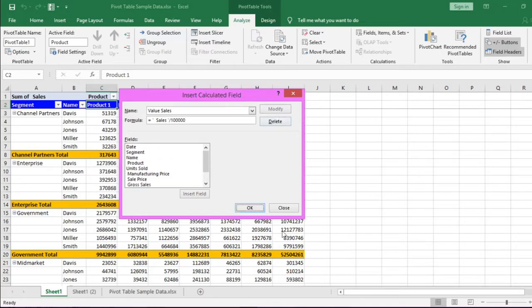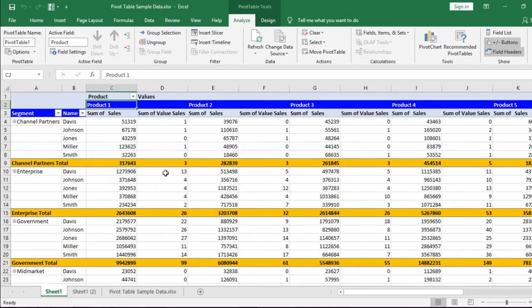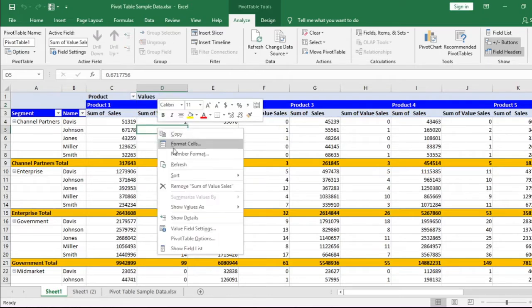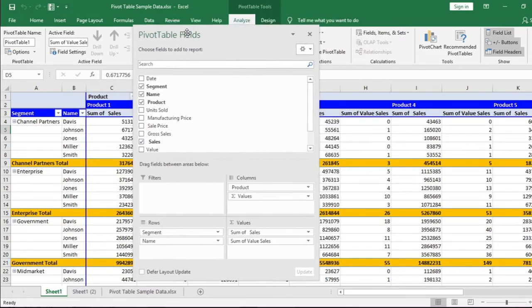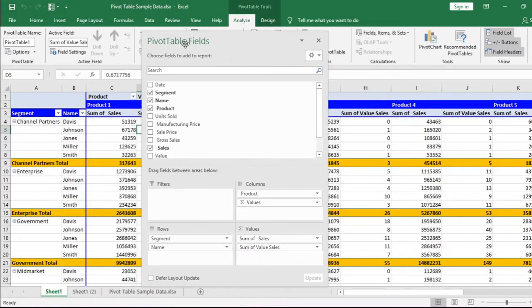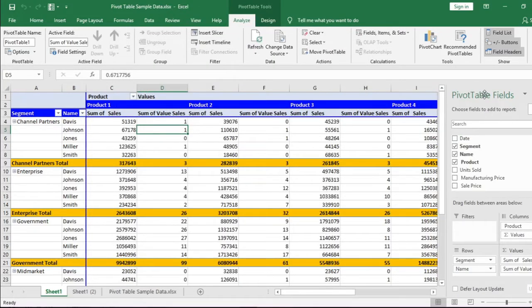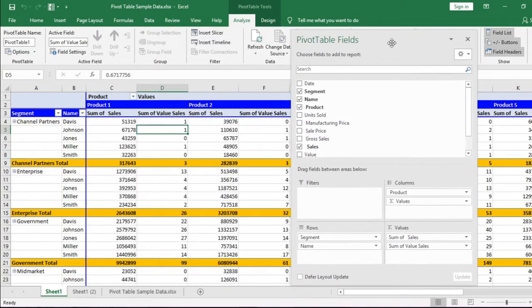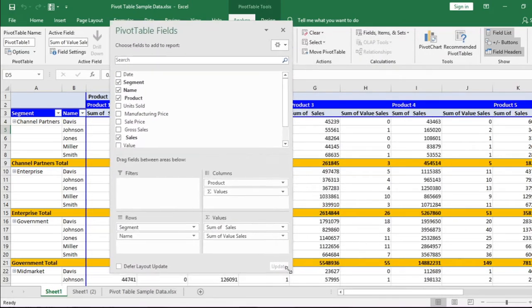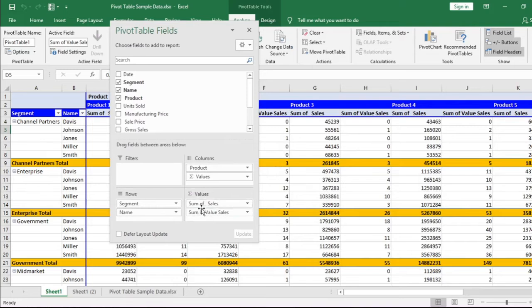Our pivot table columns increased. Now right click on the pivot table and left click the last option from the pop-up options, Show Field List. It will open the pivot table fields floating window. It is floating because you can detach it from here and position it anywhere within Excel. Now in this values box, this is our old field and this is our new field.